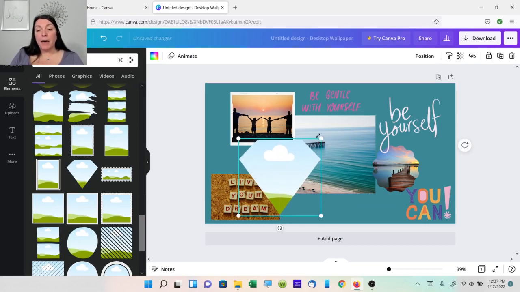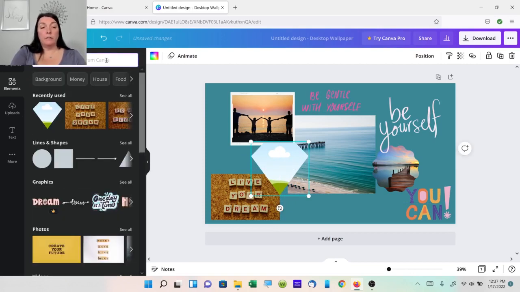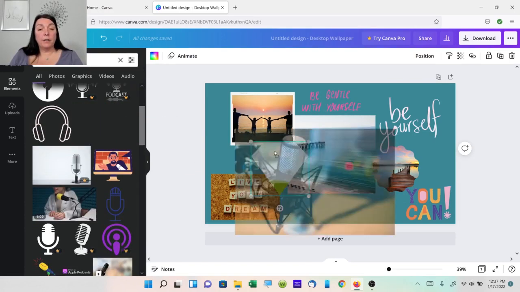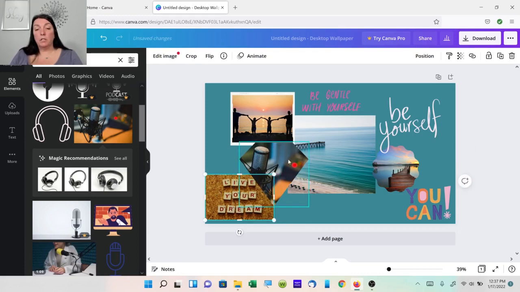So I'm going to put that right here, kind of overlapping. And then I'm going to go back and I'm going to find that podcast image because I really like that one. And I'm going to put it right in there because that looks really cool to me. And I actually want it to be a little bit bigger. So I'm going to resize it, kind of just move things around.